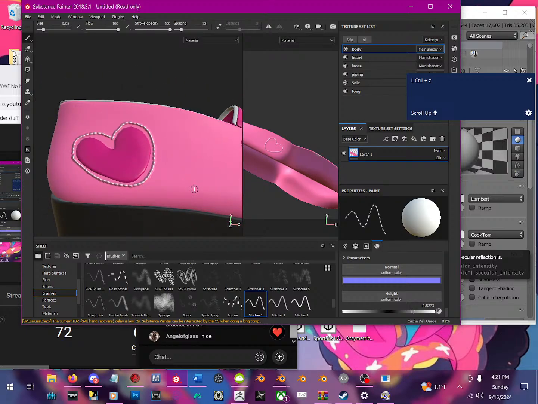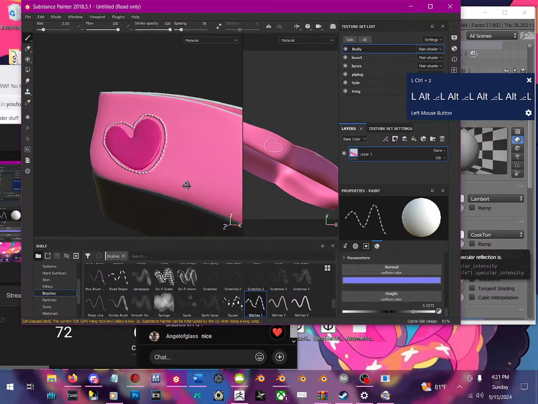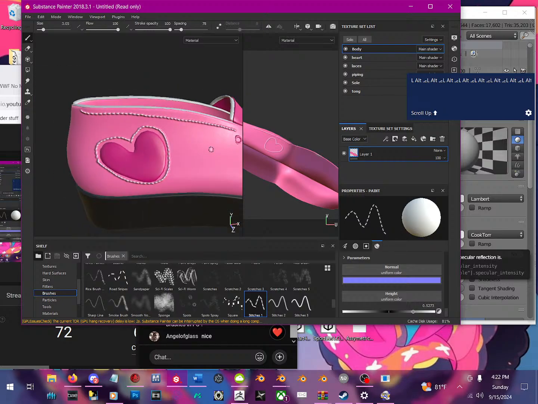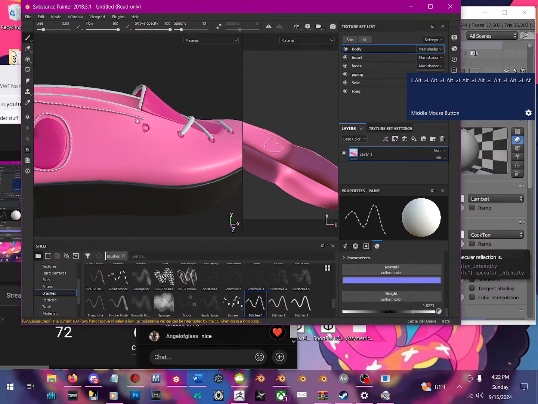Yay! See? And now we could just do that all over this and it won't cost us in materials like we did before. Also, it's kind of mandatory to pretend that you are running a sewing machine when you use any kind of stitch brush. So,